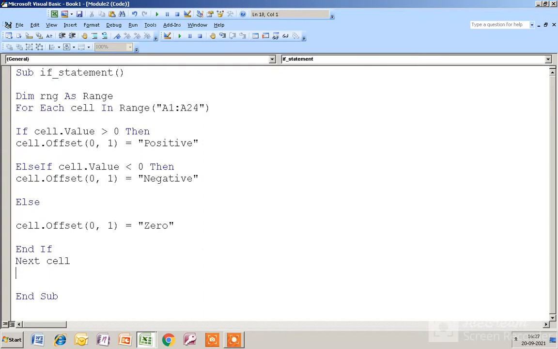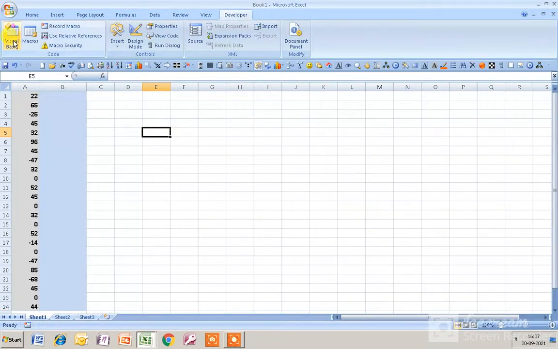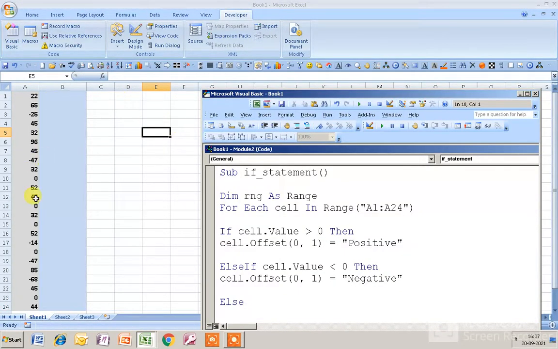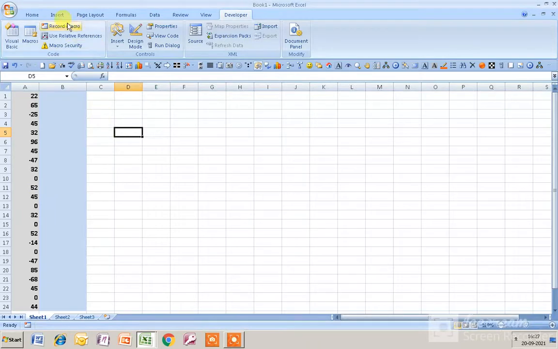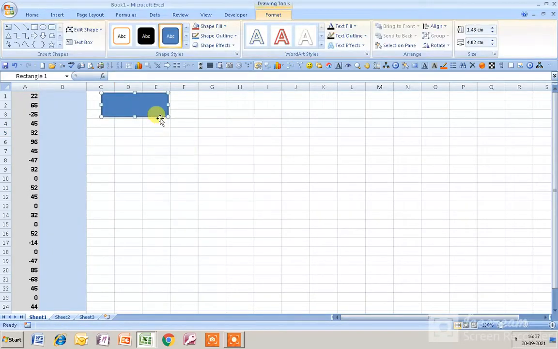Okay, and now if I run this macro, then you will find the changes in the worksheet. So I will go to Insert and draw a shape over here, and I go to edit text and write run macro, and I will increase the size of this font.